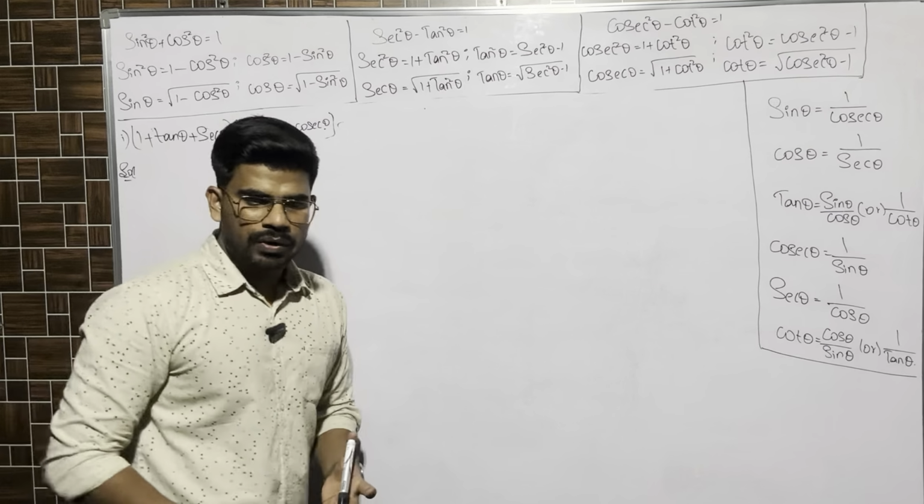In the whole denominator, the LCM is cos theta here. Numerator: 1 we should multiply by cos theta, so cos theta plus sin theta plus 1. Because cos theta is the LCM, cos theta is already there in sin and in 1, so this sin and this 1 will not be multiplied with any number. This one has no LCM term, that's why for this one we have to multiply by cos theta. So it is cos theta plus sin theta as it is plus 1 as it is. Here also the same, sin theta is the LCM. So sin theta plus cos theta minus 1.